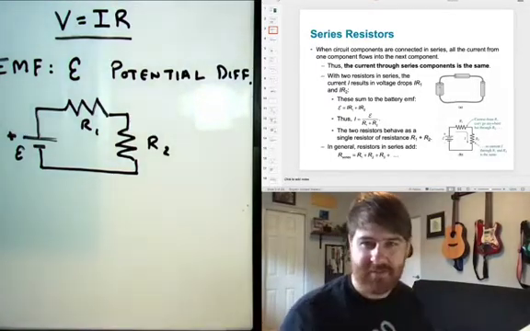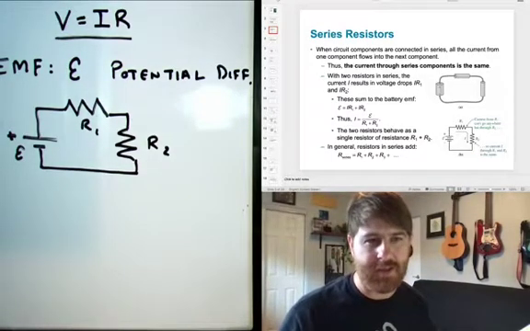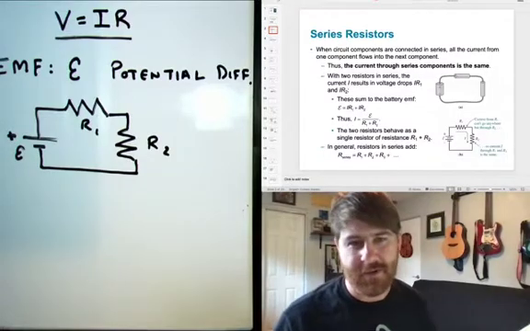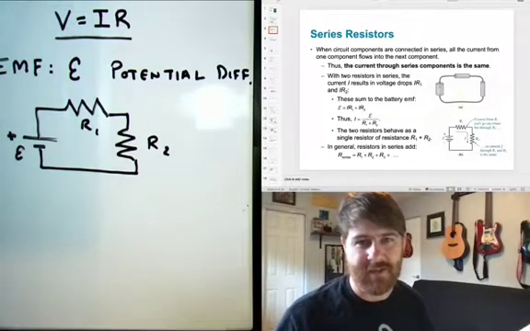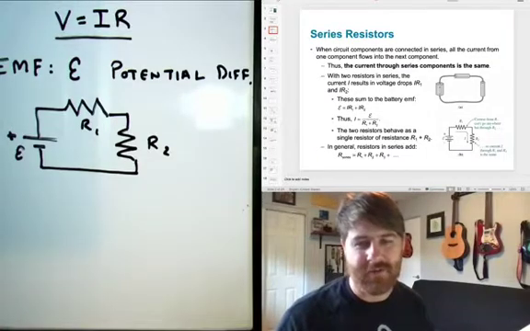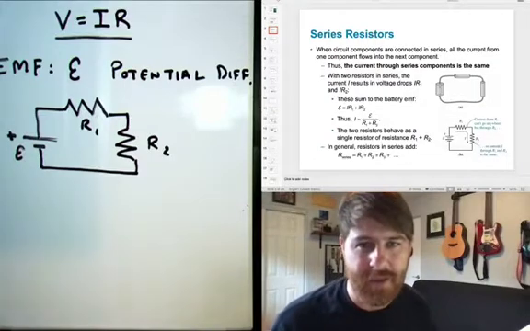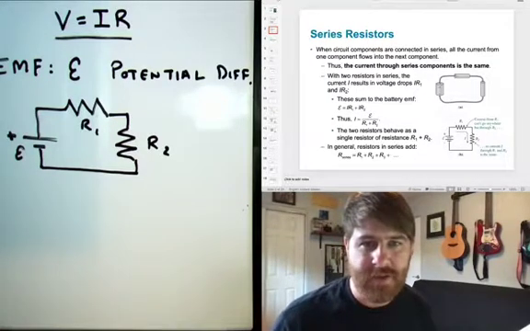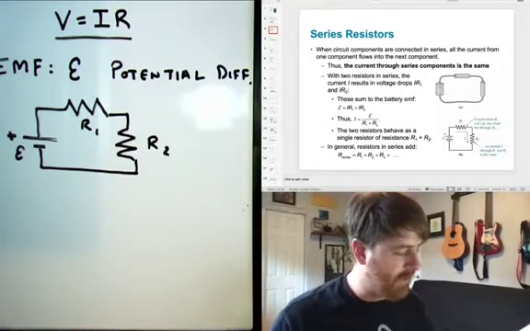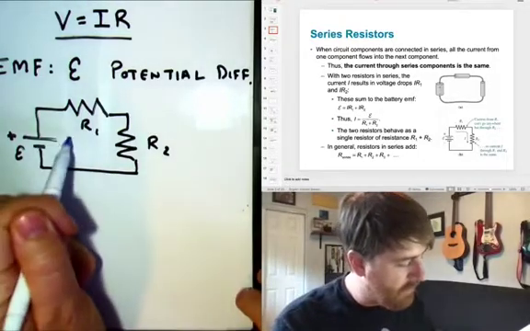So we can easily understand what's going on by just assuming that the charges that are flowing are the positive ones, and then recognizing later that it's really the negative charges that are flowing, but that doesn't matter for understanding the concepts here. Okay, so now that we have this, the first thing that we have to know is that the current has